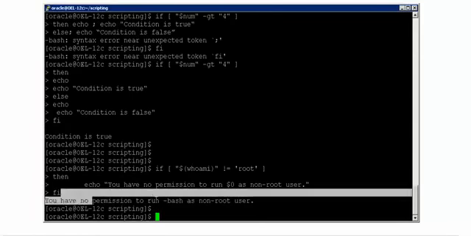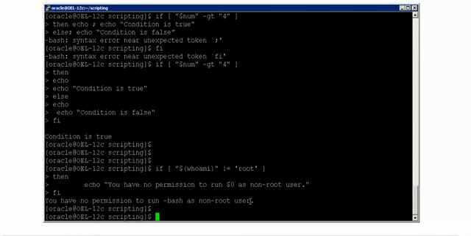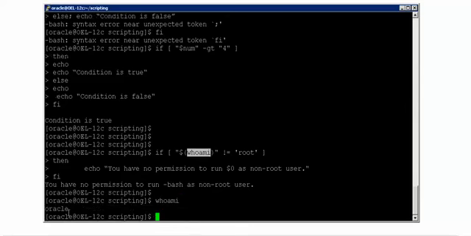You have no permission to run bash as a non-root user. That means, you know what the command called whoami is, right? The command whoami will tell you which user you have logged into the operating system. As you said $, and you give this in the braces, just go back to the expansions that we have learned earlier. Whenever you give some command in $ and in the braces, this command will be executed on the operating system command line console, and that value will be pulled here.